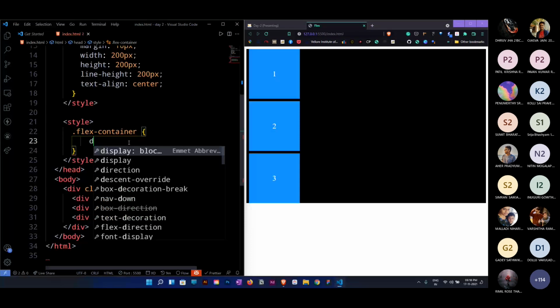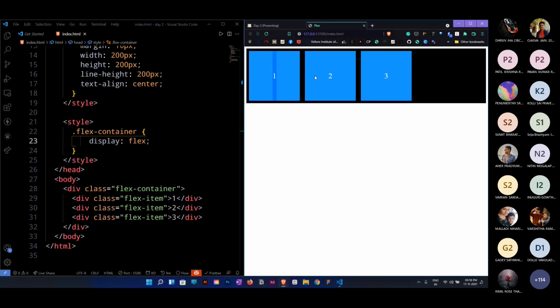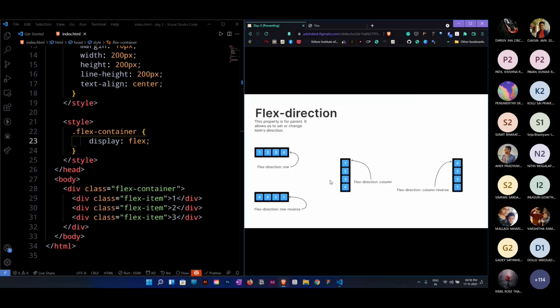Display flex. What I observed is it just turned into the same line. Now there are some default properties of display flex that apply directly when you apply display flex, like justify content and flex direction row. All these things are default properties. When you first apply display flex, the direction will be row.